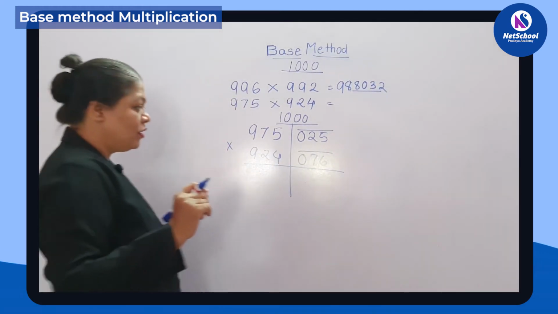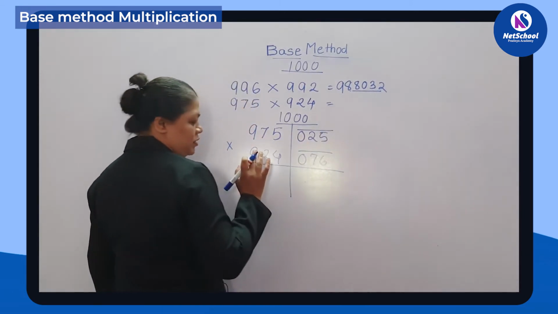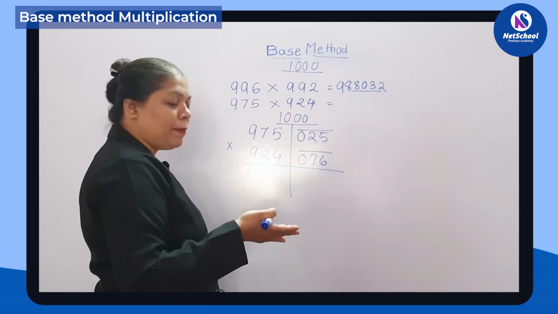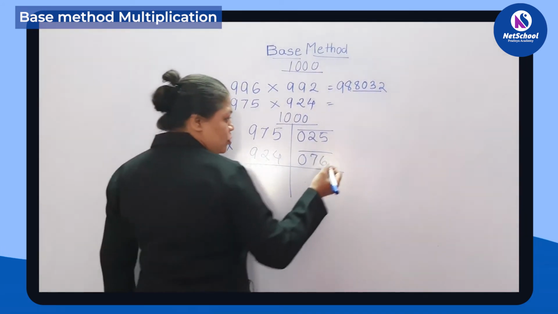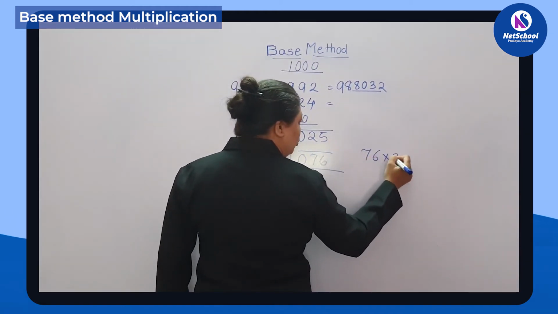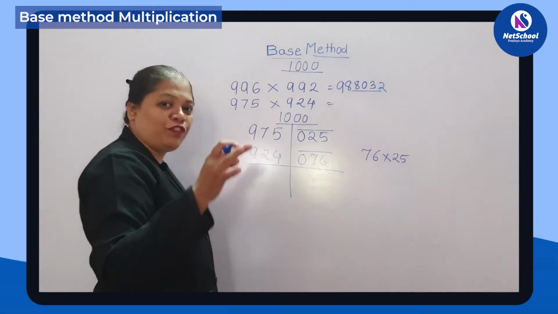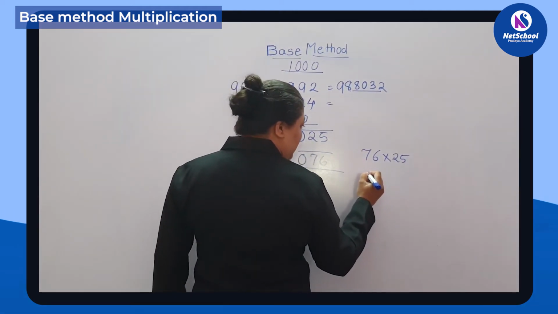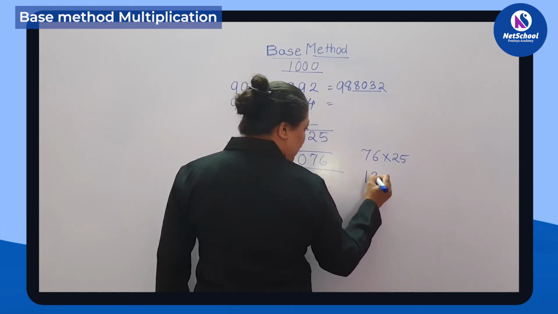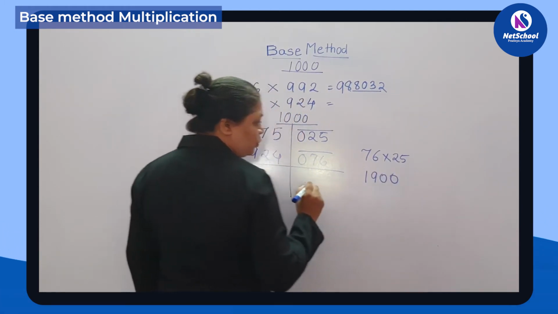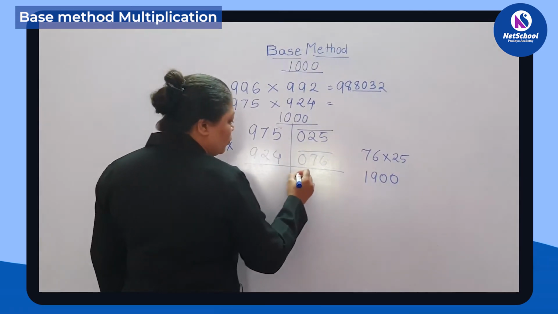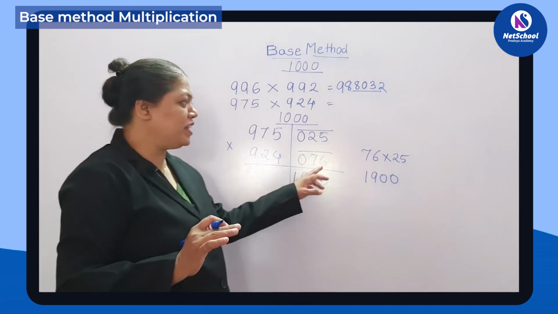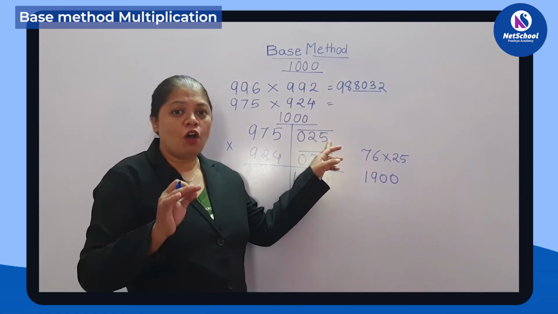Now multiplication of these two numbers. There is one more method in Vedic maths which can be applied to any number into 25. That method you will come to know from the explanation given in one of the videos. Please go through it. I am writing here the multiplication, that is 1900. So I got here 1900 as the multiplication of minus 76 into minus 25.